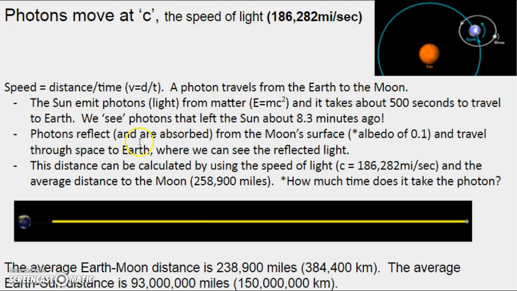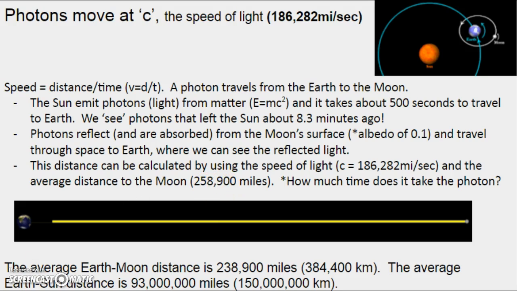But photons reflect and are absorbed from the moon's surface. Remember, we studied the concept of albedo, that the lunar surface is not emitting light, instead it's reflecting sunlight. Then this light then travels through space to Earth, where we can see the reflected light. Remember, we see most of our world by reflected light. The distances can be calculated by using the speed of light, 186,282 miles per second, and the average distance to the moon, about